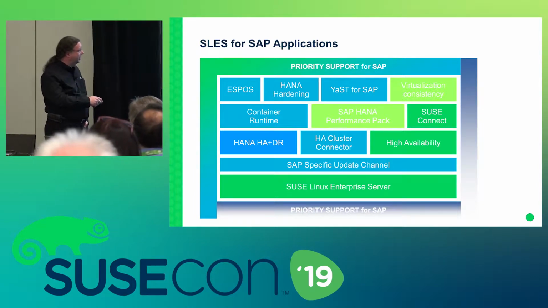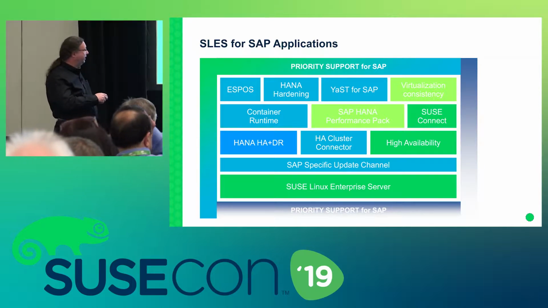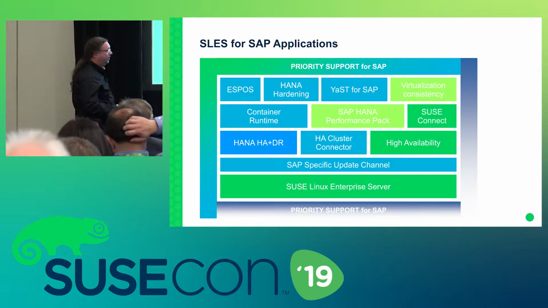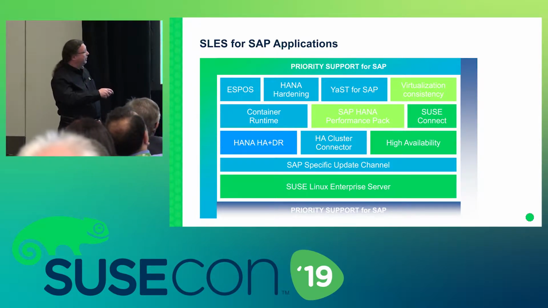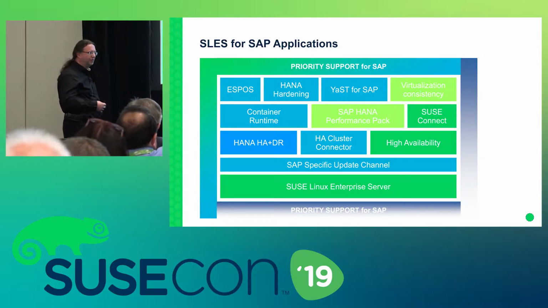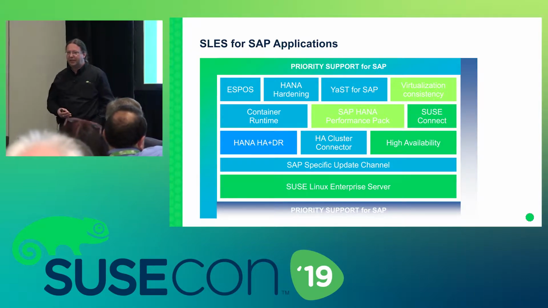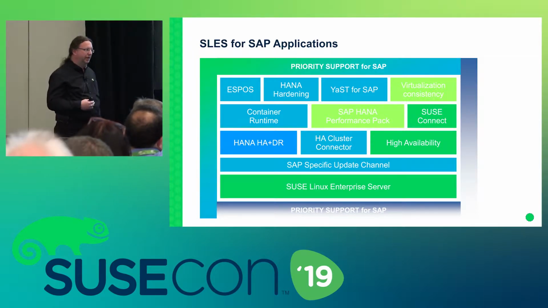Then we have the whole section of high availability with the high availability extension, the cluster connector for SAP, the HANA high availability scenarios that we ship as part of SLES for SAP only. Then we have a section of additional components, container runtime. You will see why I bring this up, but it's obviously relatively easy to add the container extensions to SLES for SAP and have